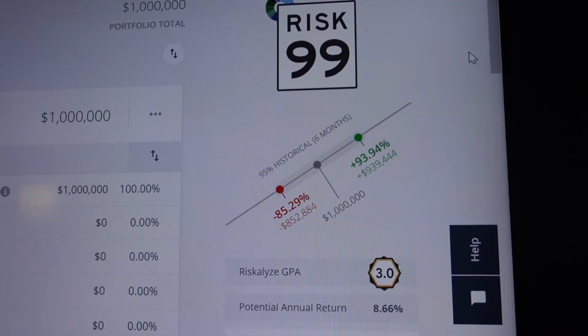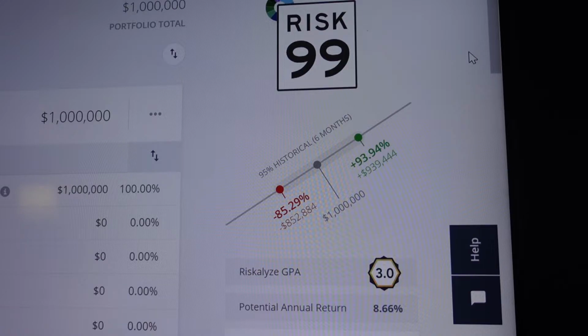Okay, so let's get into it. This is a program that measures risk and volatility on different investments. It measures between 1 and 100, 1 being no risk at all, and 99 being the riskiest an investment can be. We're going to look at how different investments look with certain risk numbers, and also at the fluctuation that certain investments can expect over the next 6 months to a year.